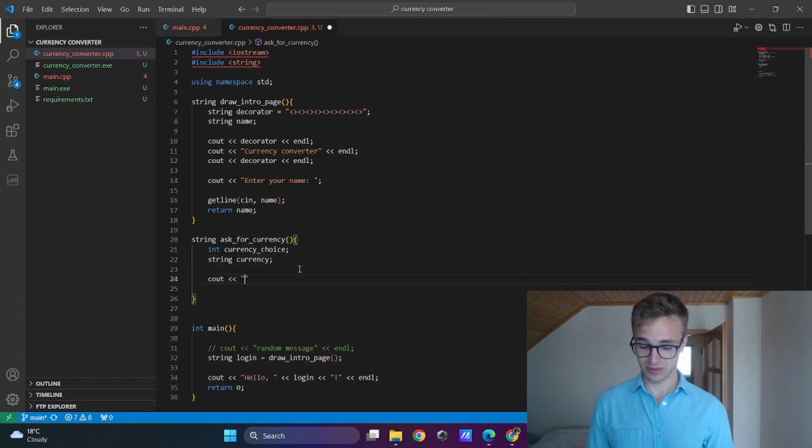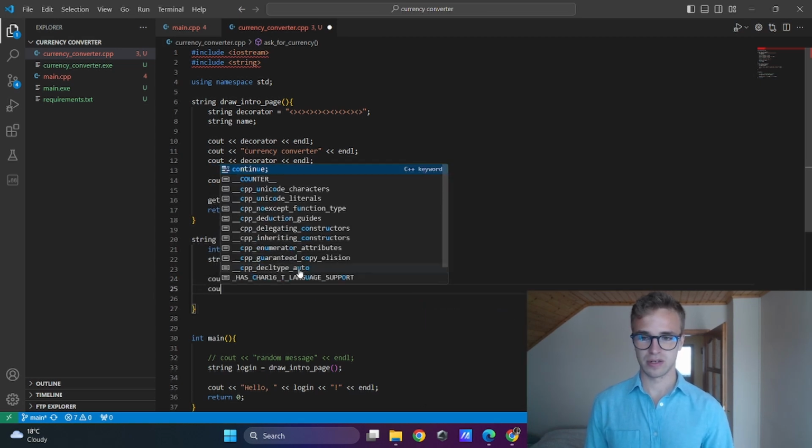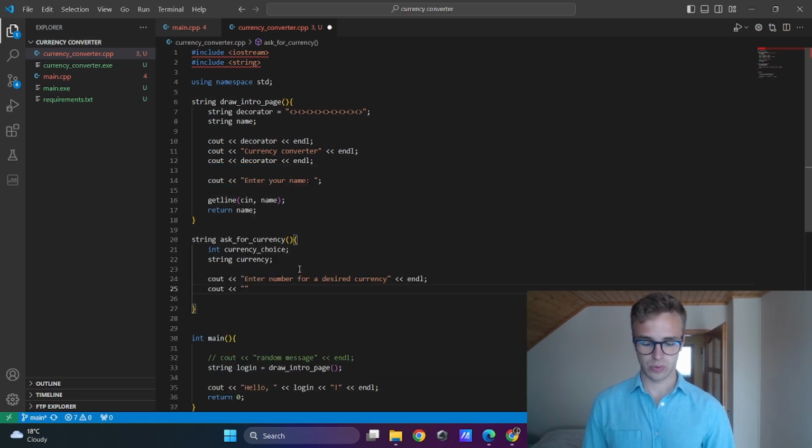Let me print out a message with the cout object. Enter number for a desired currency, for example, currency, end line. Here, one will be for dollar, two will be for example rupee, and three will be for Nigerian naira.